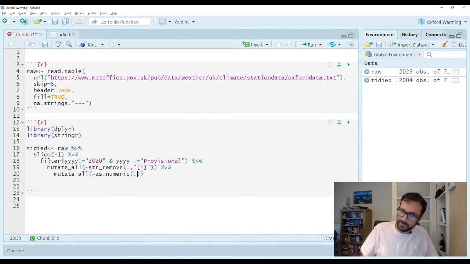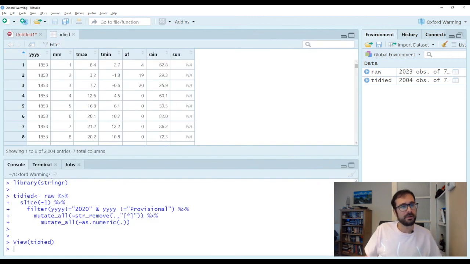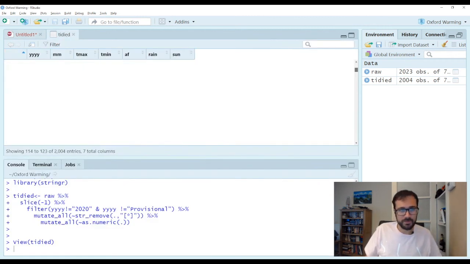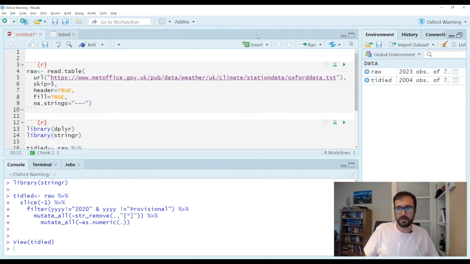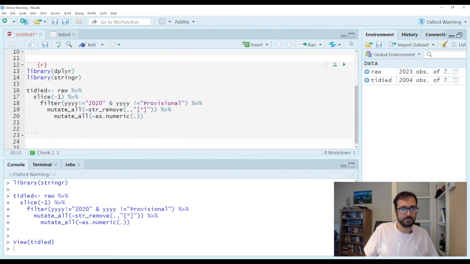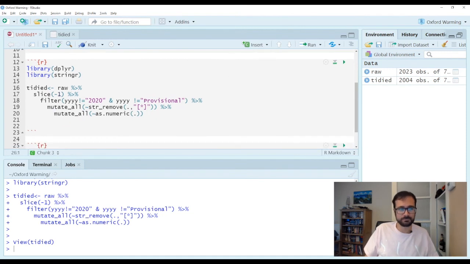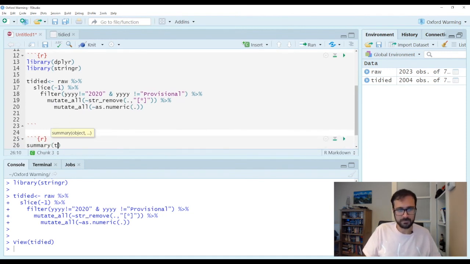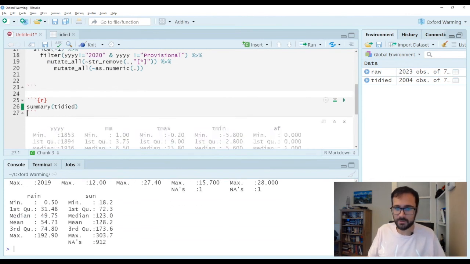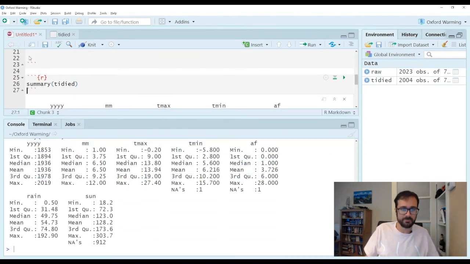It hasn't shouted at me, hasn't given me an error. This is nice. Let me head over to my data. And yeah, I think this could be a winner. If I now have a look at a summary of this new tidy data set, and I get some nice summary stats, this is good times for me.